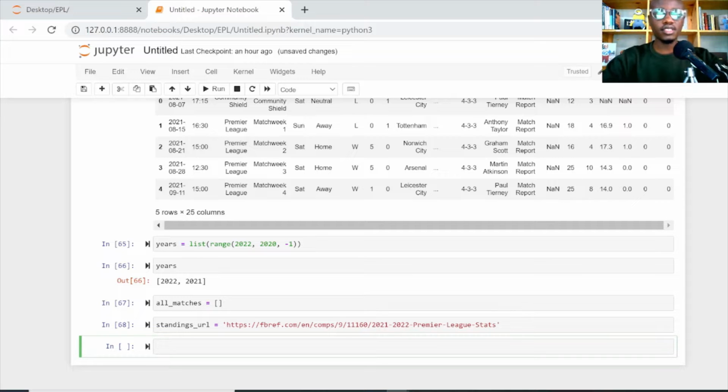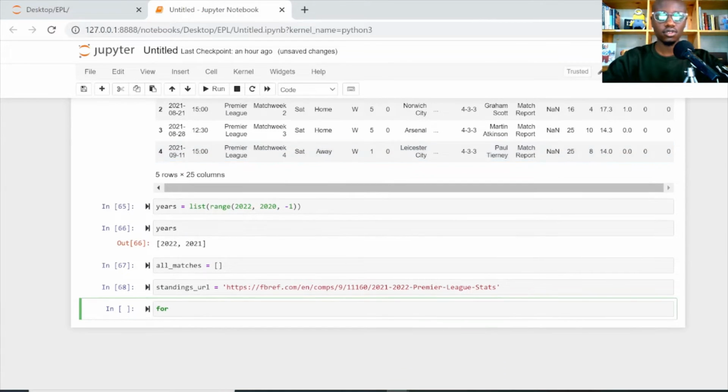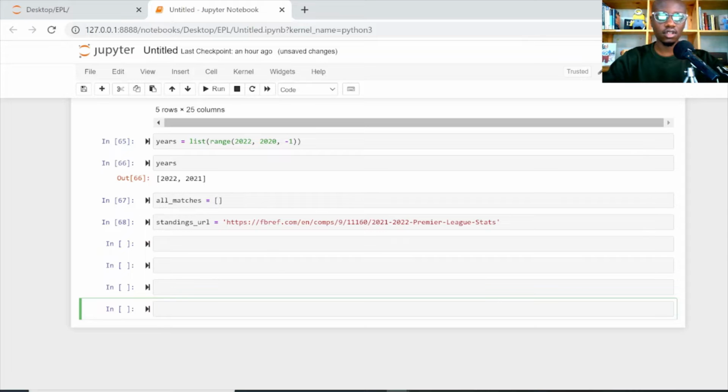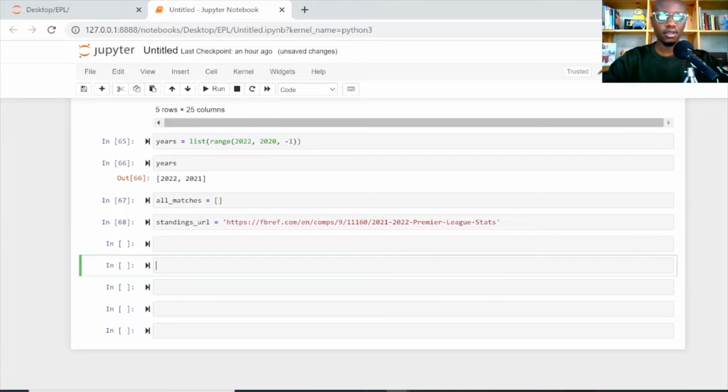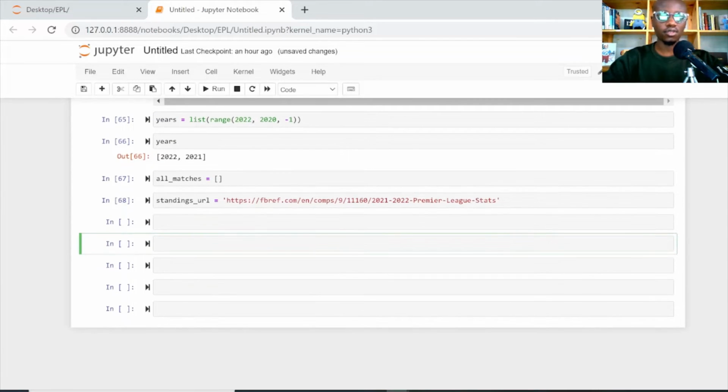So let's just say for year in years. Let me just create a couple more lines here so that it can move a little bit up. I think that's good. So for year in years, so for 2021 and 2022,